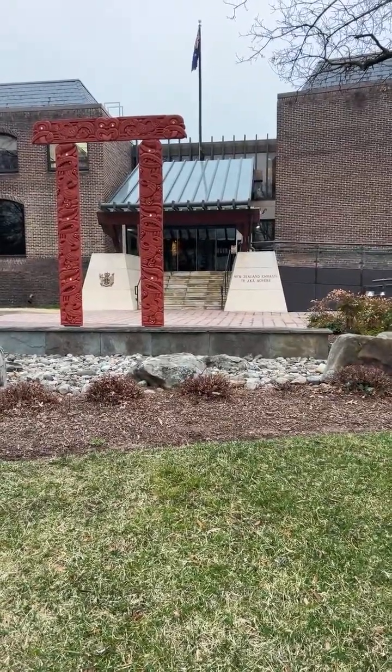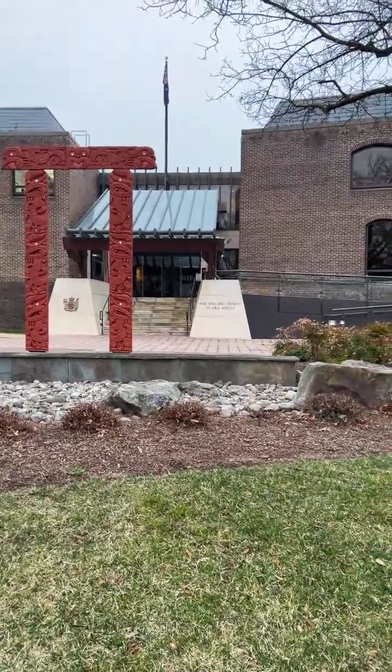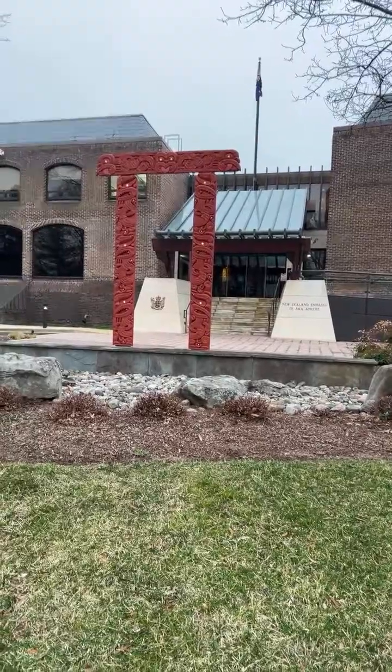This is circle number 2147 in Washington, D.C. So we're going to do a good historic and architectural tour of this block. So beginning here,